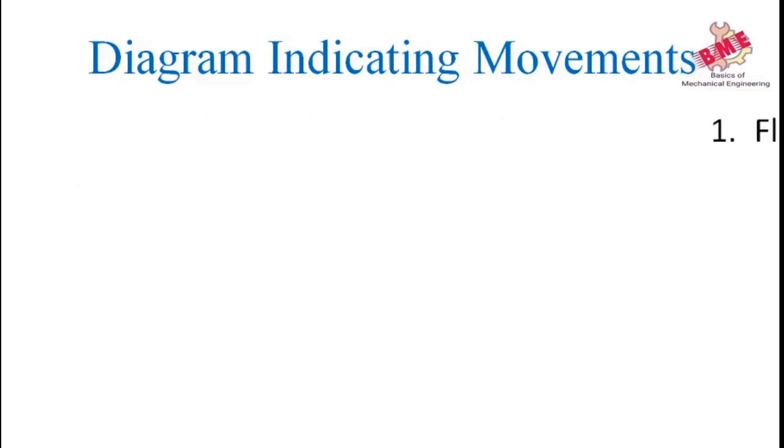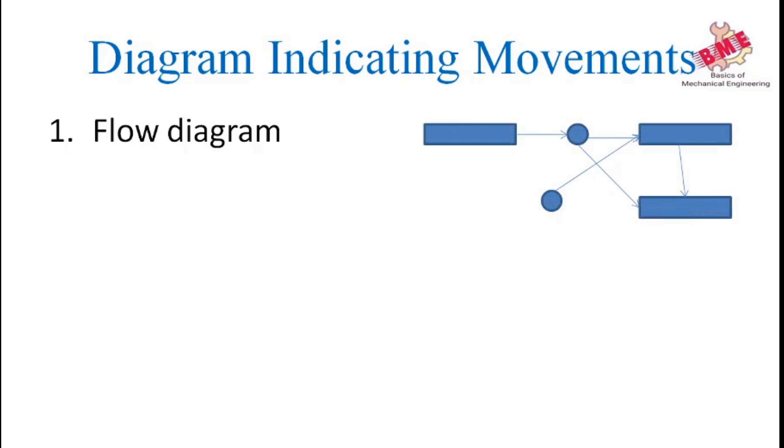First is the flow diagram. It is defined as a scale diagram which shows the relative position of the machines, inspection sections, stores, and work path followed by the man and material. The disadvantage of the flow diagram is that it does not indicate the actual movement of the machine and man. This is important because the number of movements is minimized. It results in a lot of saving in time and ultimately cost, which is shown in the diagram. We can see that machines are placed in a flow and connected by a line.